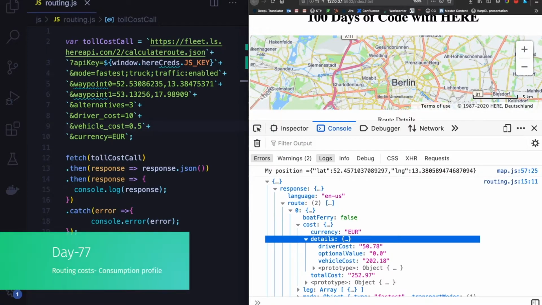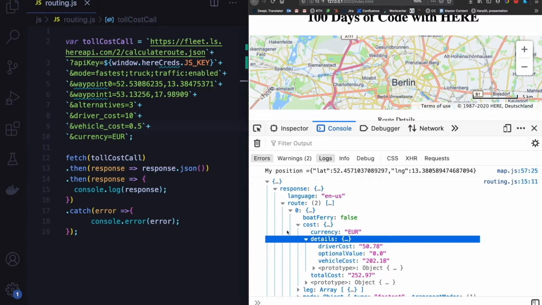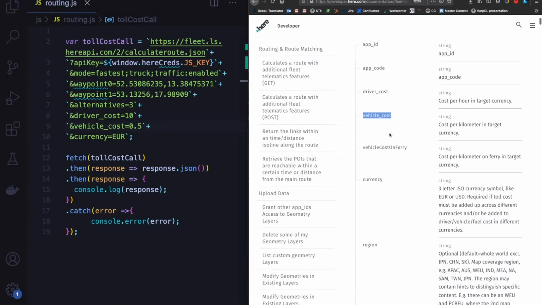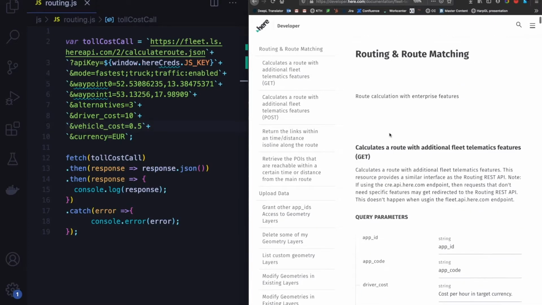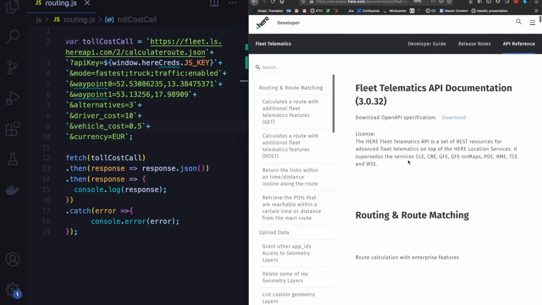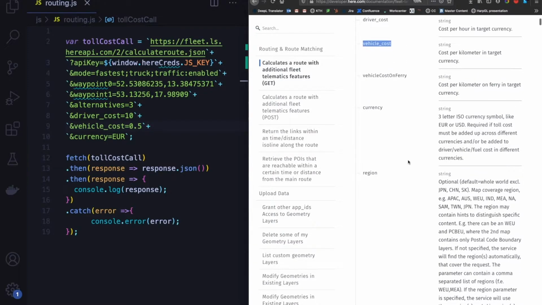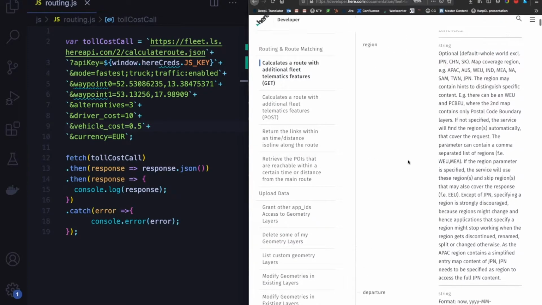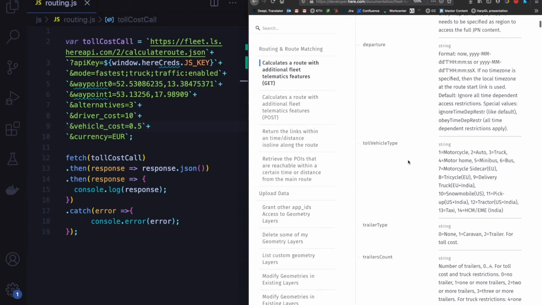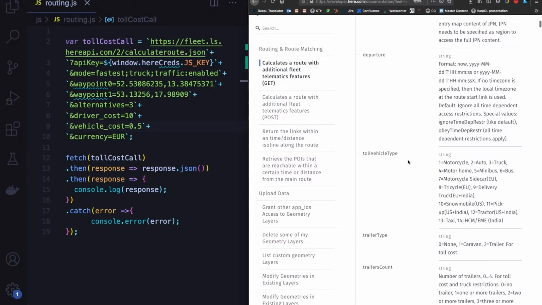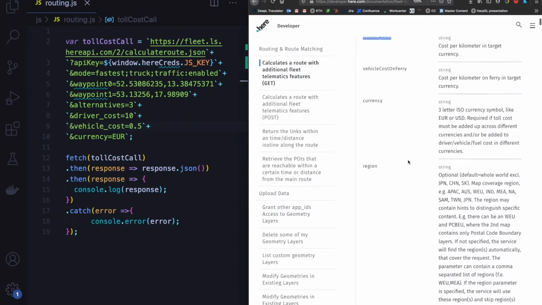With day 77, we are going to take a look at a couple more costs involved. So if you go down to the Calculate Route Fleet Telematics API documentation, you'll see a few more cost related parameters. So the one that I am interested in is that you have